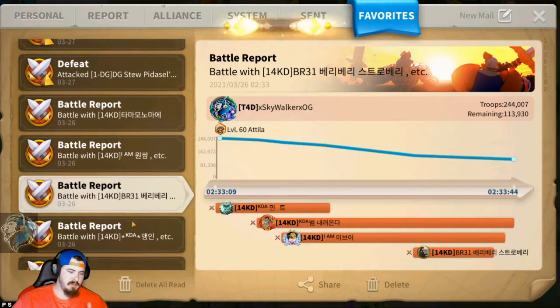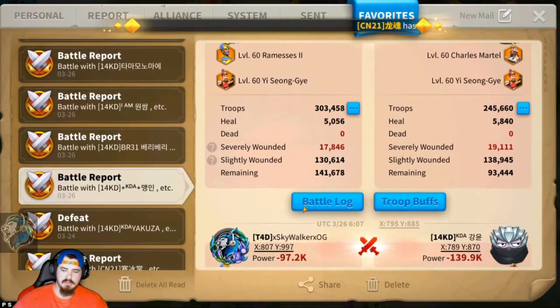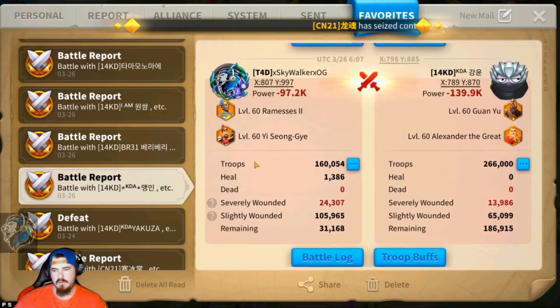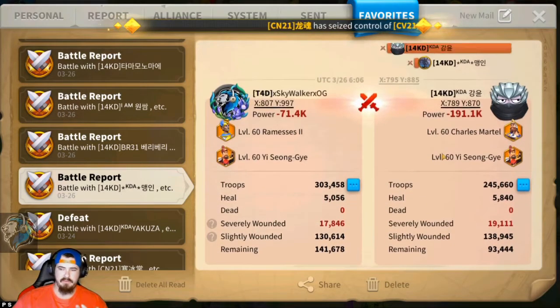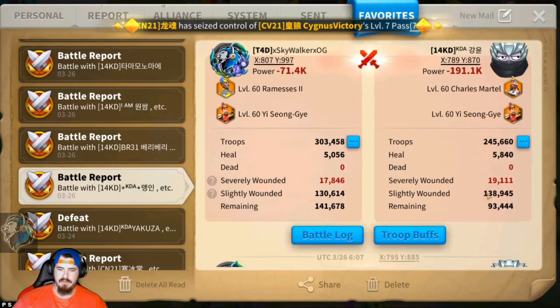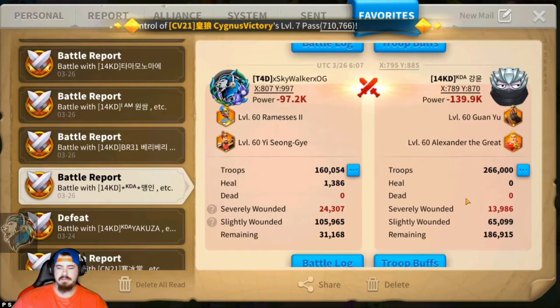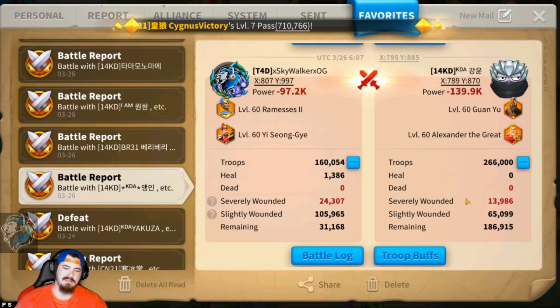So we do need to pay attention to who we are targeting. Here's another Charles YSG. We got a Guan Alex. I was sitting by their pass, so this dude was able to hit me a couple times. I just parked my march up against the pass, let him hit me through the pass. He didn't really like the trades. I'm running T4 and he's running T5. He didn't really like the trades there, but of course I kept my march there and I just let him